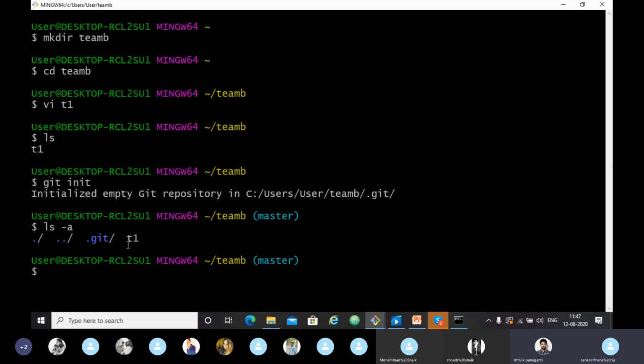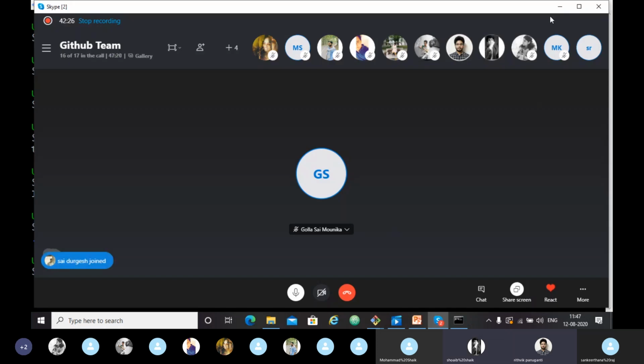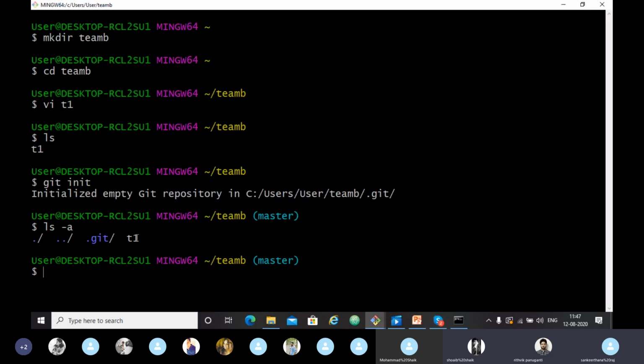What is that ls command for? It is to see what files are in our directory. Team D we have created, team D is our directory. If you want to see what files we have saved in team D, use ls. Is it clear?